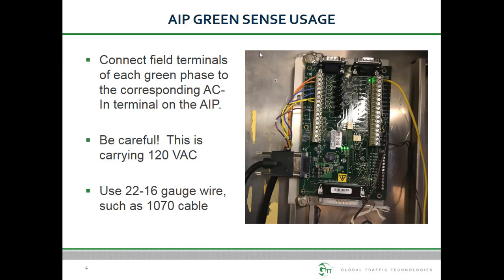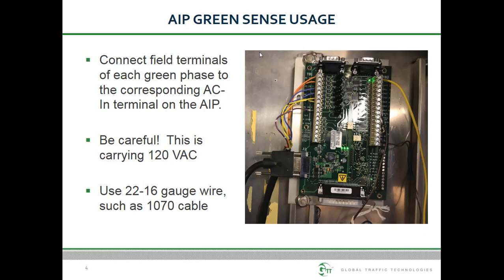Next, we will describe the functions provided by the AIP and how they are connected. We will discuss them starting with the most commonly used to the least commonly used. The first is GreenSense. GreenSense allows the phase selector to monitor and record which traffic signals are green during the